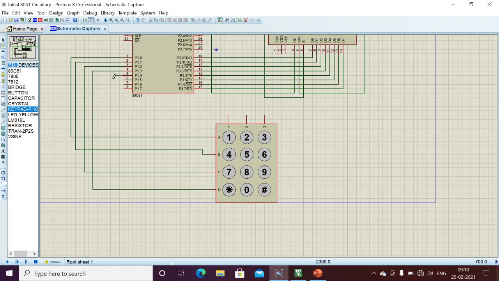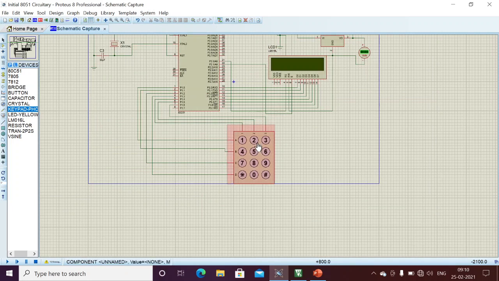Next, column 1 I am going to connect to the P1.4 pin, column 2 to the P1.5 pin, and column 3 to the P1.6 pin. In a similar way we need to define this in our program as well.